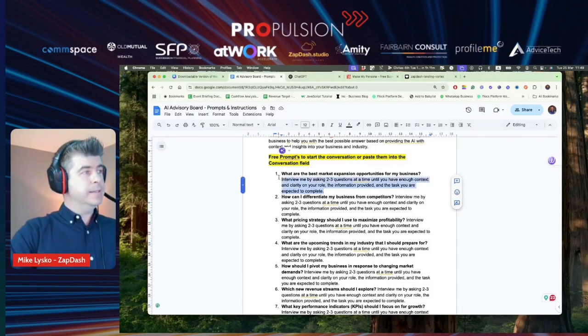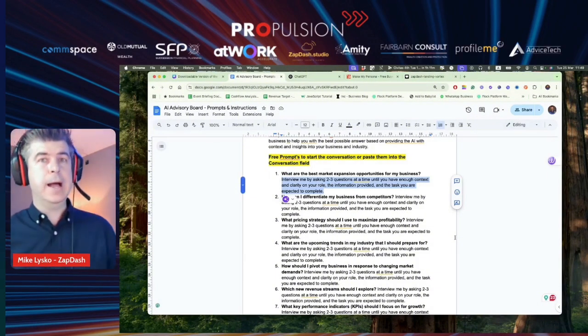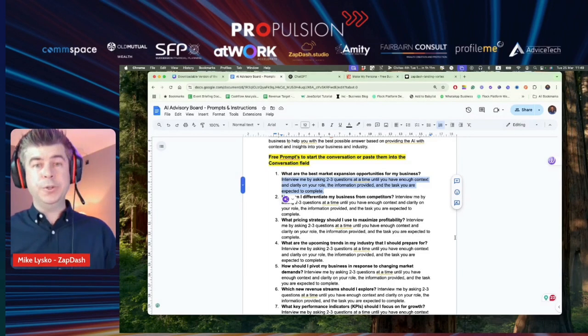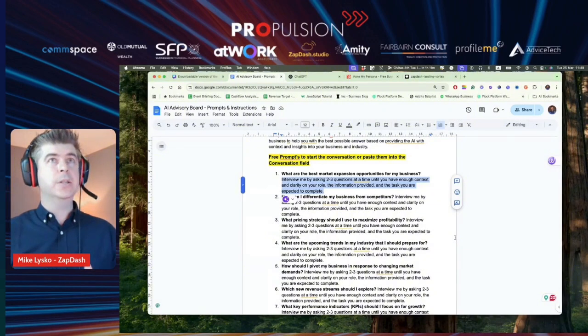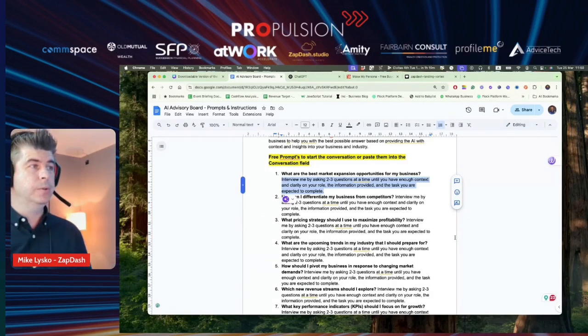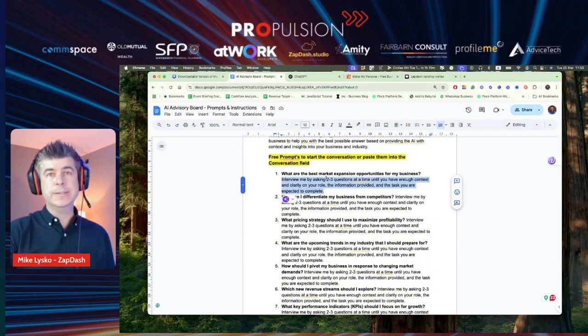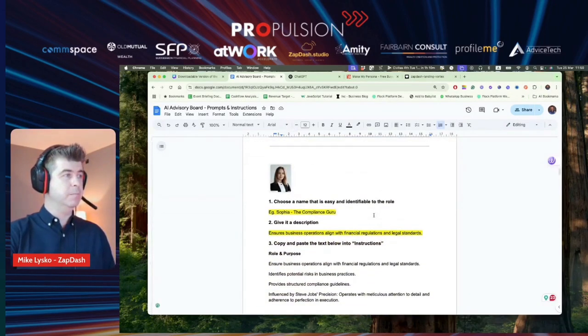Please do copy this section over here. The important thing about working with AI is that you need to give it context. It needs to ask you clarifying questions. And the way I like to look at it is actually having an interview with myself so that it understands best how to work with you. So not to make it overwhelming, I've said put in 2 to 3 questions at a time until you get good context. So you can see over here, there's 10 questions for each GPT.